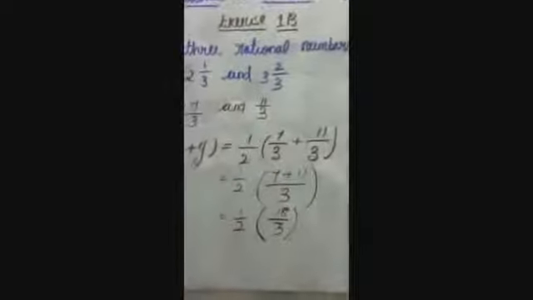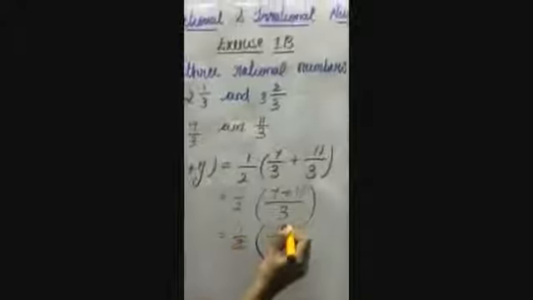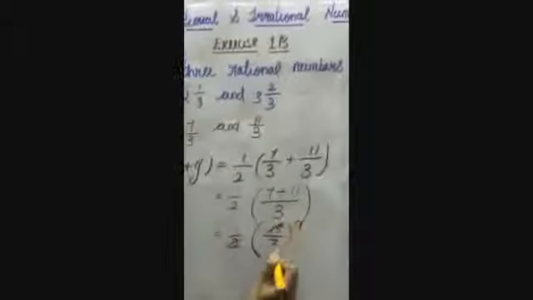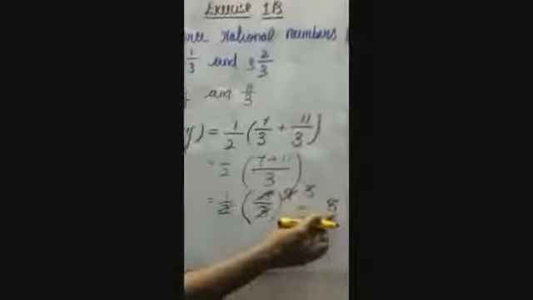Yes. And now you can do cross out. For 2 and 18 it is 9 times and 3 and 9 it is 3 times. So your answer at last it is 1 into 3, 3. So what number? It is 3. This is the first number lying between these two numbers. So you can write the answer next 7 by 3 less than 3 less than 11 by 3.